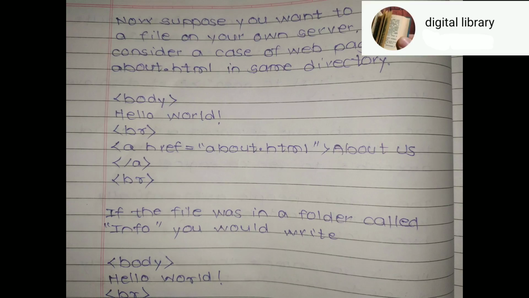So .html is extension. Then he is writing about us, that means this is text for user, then a close, then again break. That means first we have written here break, so here it is closed.